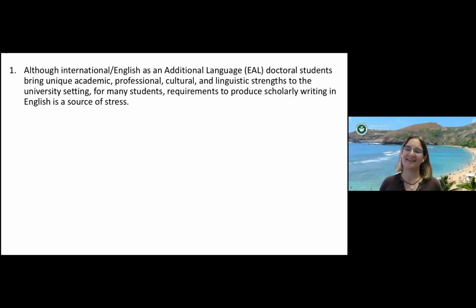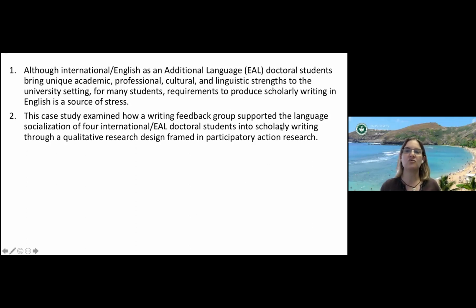Although, yeah. So "although" in this situation is a really good flag for what I'm going to do is set it up to say, here's something that we do, but something else is problematic. And that's where "although" comes from. And then the thing that's problematic is the source of stress. So actually, the thing that's problematic is the requirements, and then how you know it's a problem is it's labeled as source of stress. All right, what about sentence 2?